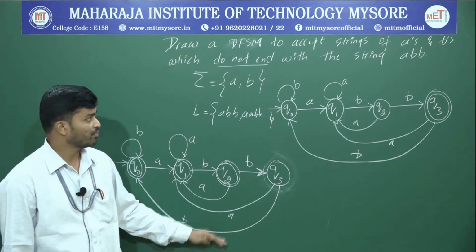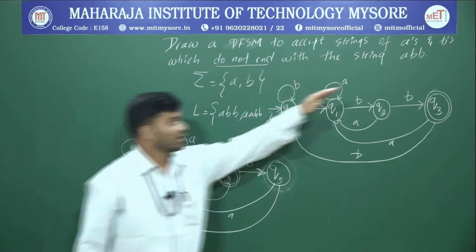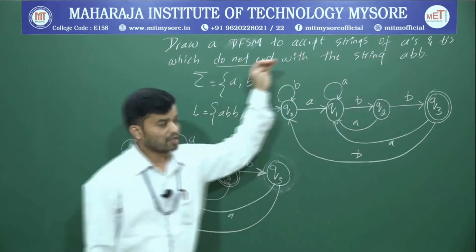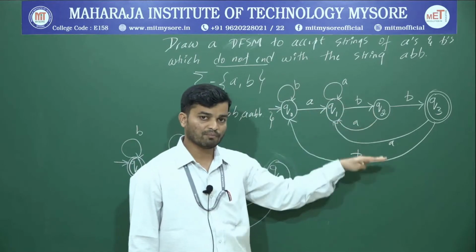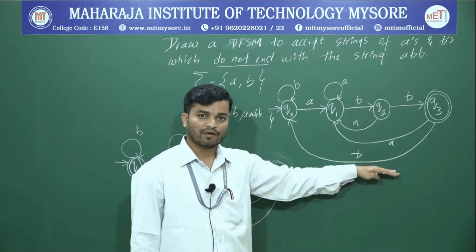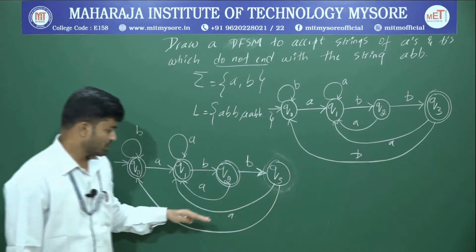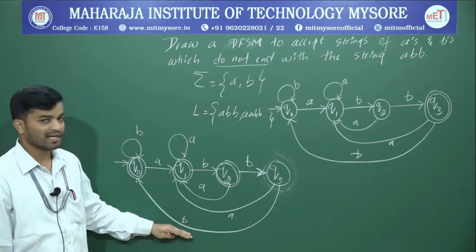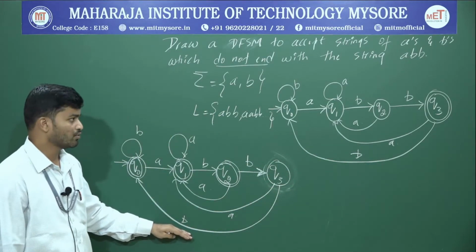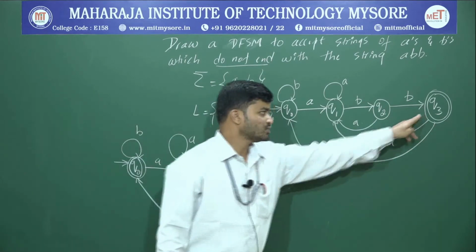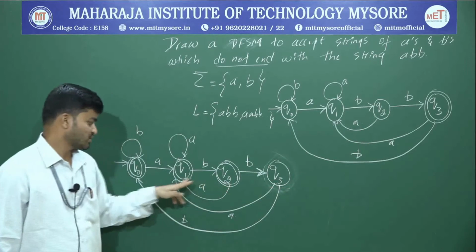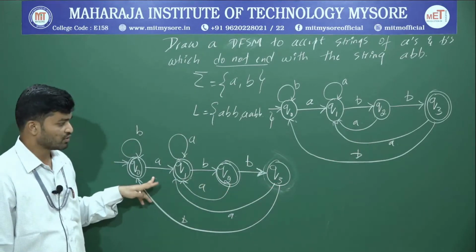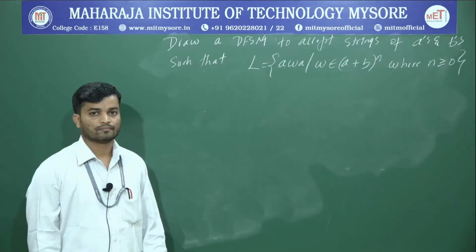How to construct? I will repeat. First you construct for ending with ABB. I think you know that one, right? Sigma, infinite language, write the skeleton, build the muscle, you will get the diagram. And then you construct for not ending with ABB by taking the negation. How to take the negation? Make final states non-final, and all non-final states final. That's it. This one is the DFA you required.